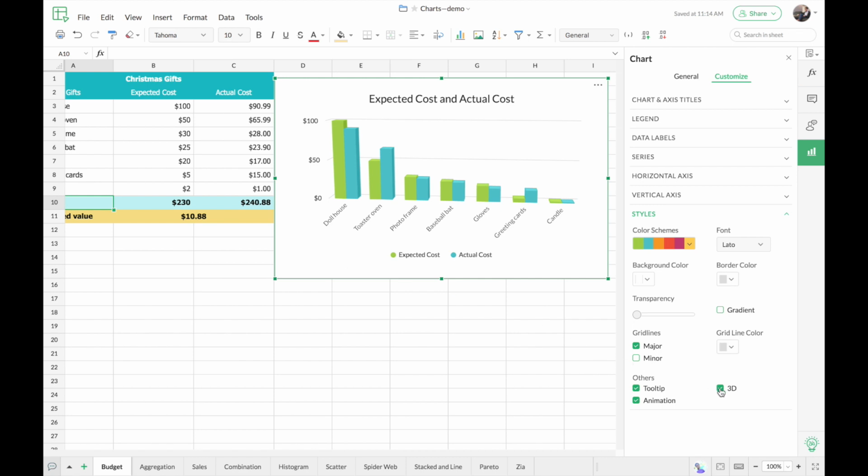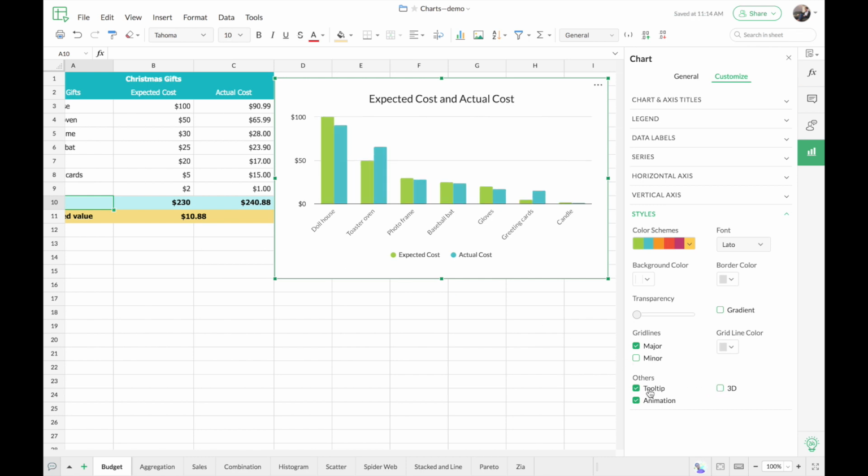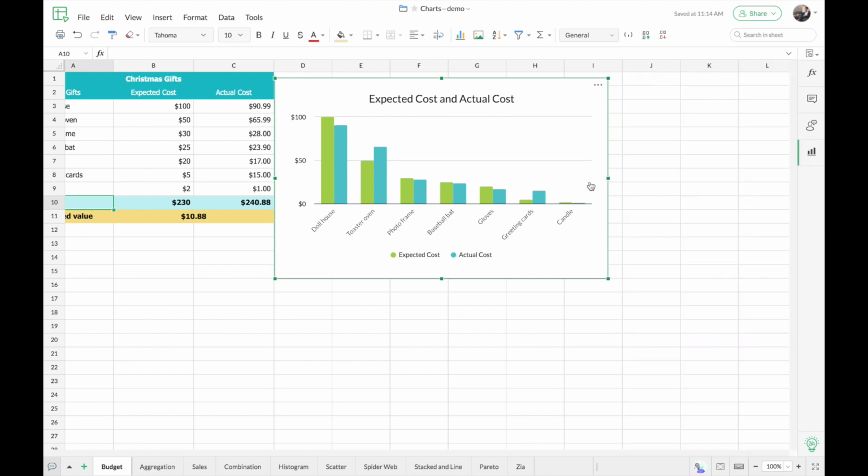So now I'm just going to turn it off. And then you can see some options here called tooltip and animation. So when you hover over the series in your chart, you can see the actual value of each series being represented in the form of tooltips. So if you do not want these tooltips to be displayed, you can just turn them off using the option